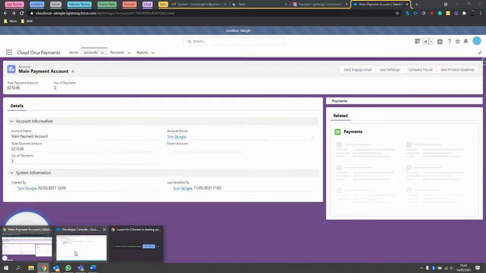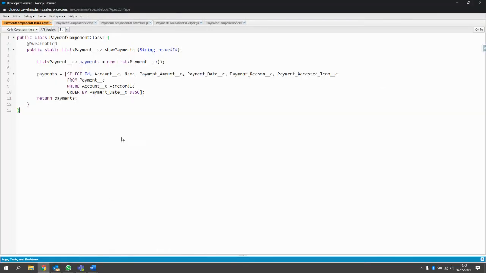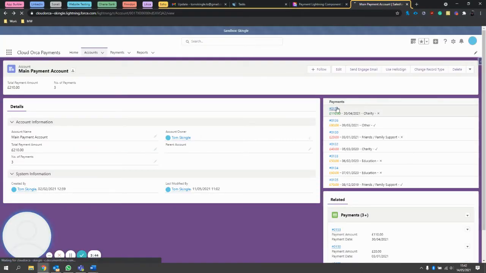So if we go to the code, I can show you how it works. This is the component class. This basically gets the values needed, all the payments linked to accounts. It's just a bit of SQL, which gets the fields from the payment object that are needed, from where the account matches the record ID, and that basically means where